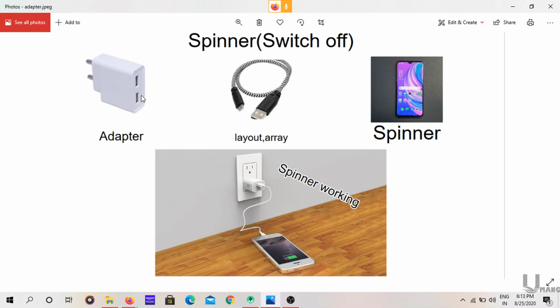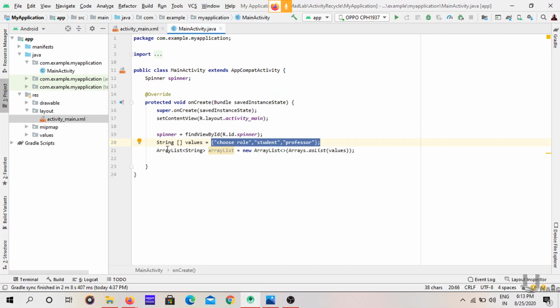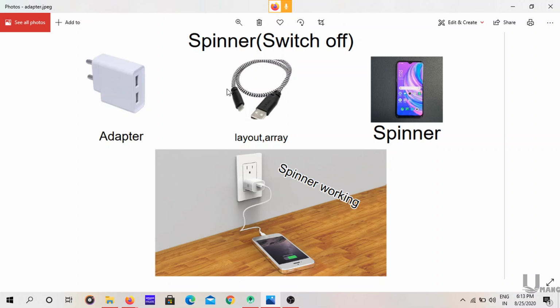In the same way how the spinner works, we have to use one adapter, we have to choose an array. This is our array, this is our array list. We have to combine adapter and this array list. See here, we have to combine layout and array with this adapter. After combining these two things into a single piece, then only we can charge our phone. In the same way, if you combine this layout and array with this adapter, then only you can